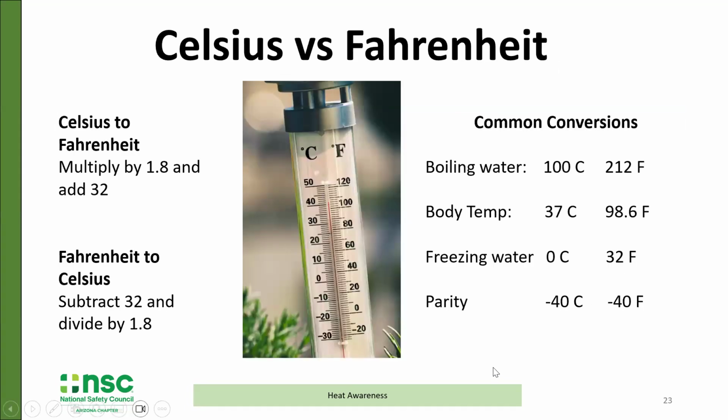So I put this chart in here just because some of these devices and some of the charts you're going to see are in Celsius. We're not used to that, right? Or centigrade is the other name for that. And so this is strictly a conversion chart from Fahrenheit to Celsius. Once again, we're not going to spend a lot of time with this. It's here for your reference when you review this later on, so you can do some of the math, because when it tells you